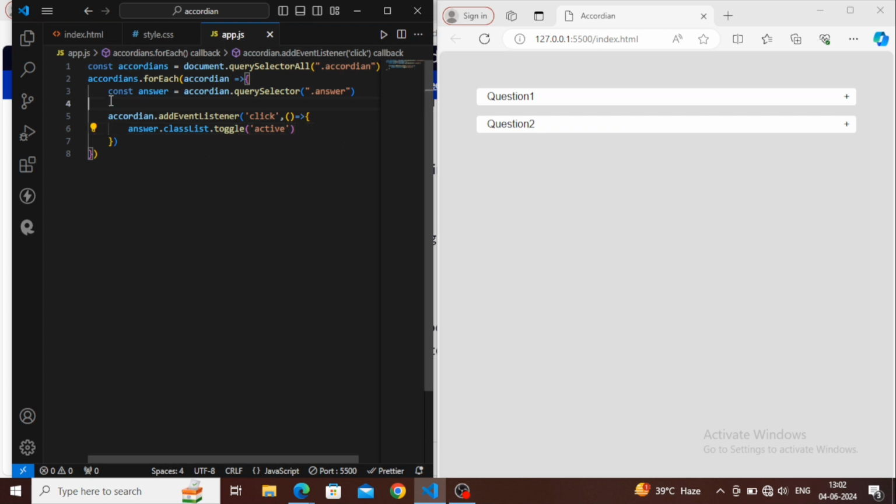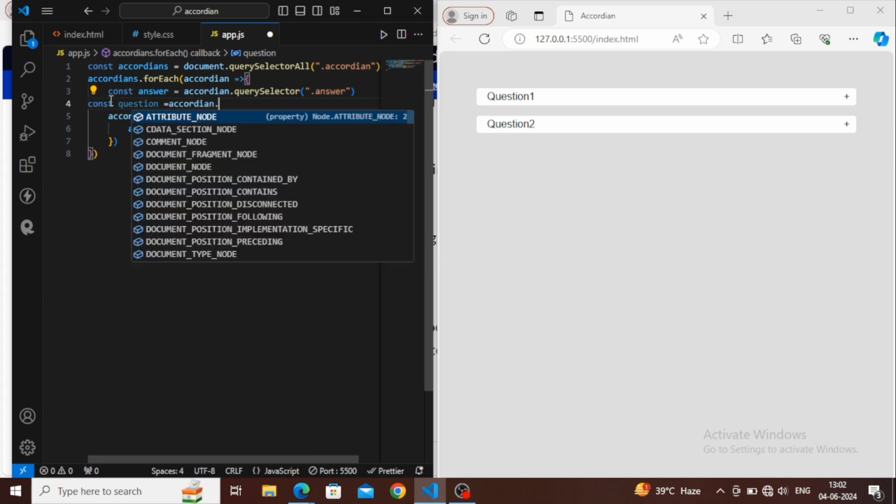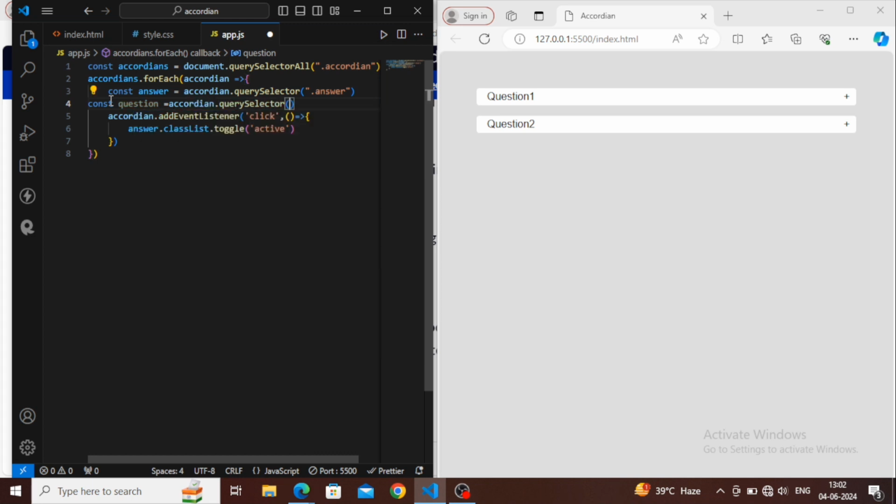Now let's take this here also, like const question is equal to accordion dot querySelector, and the name of the class is question.